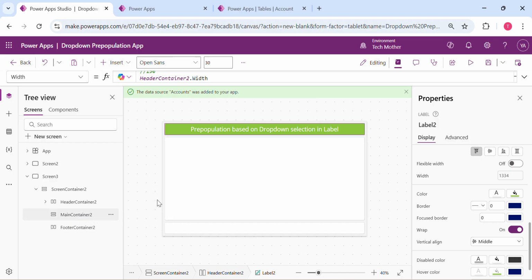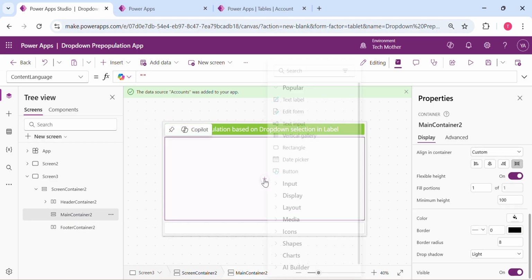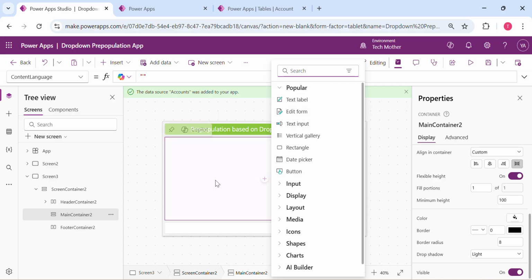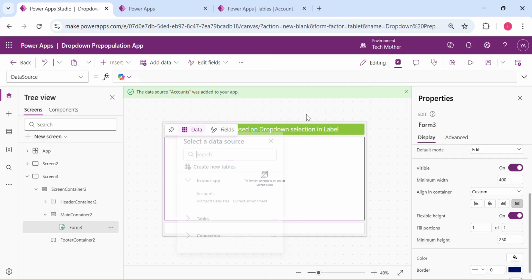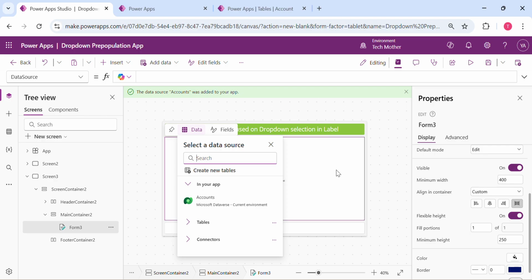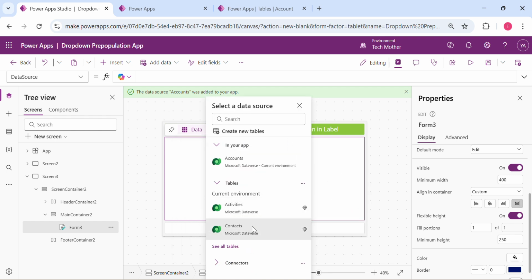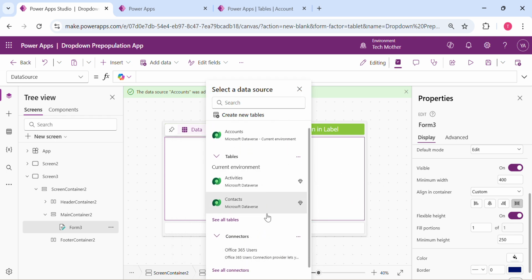Then in the main container, we will go to the main container, and again we will click on this plus icon. In the main container we will add one form. So here you can see the edit form, so we will select the edit form. Okay, once the edit form is selected, you can see they are suggesting adding the database. So these are the databases we can add. This is the database. Okay, in the tables, if you go to the tables, these are the